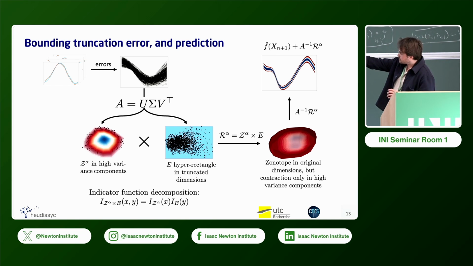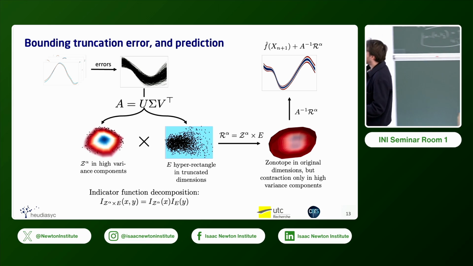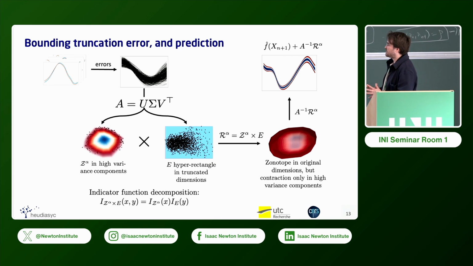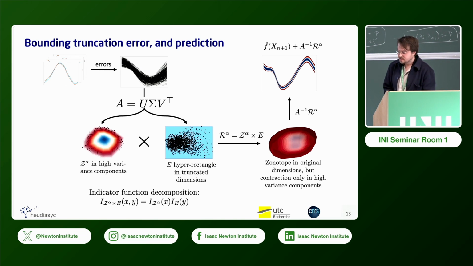And you can use this quite nice property of Cartesian products, which is essentially that the indicator function can be decomposed like such. And because all of the calibration points are in the hyperrectangle, this right component of the indicator function is always going to be 1. So it has no effect on the calibration process. So this is quite nice. Essentially, when you take the Cartesian product, you get this high dimensional zonotope, and it's going to maintain this conformal guarantee. And then to bring it back to the space, you can just invert it through the SVD. What you get is a zonotope in the original